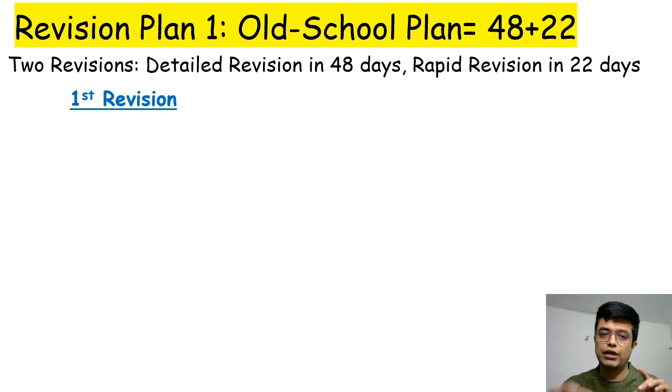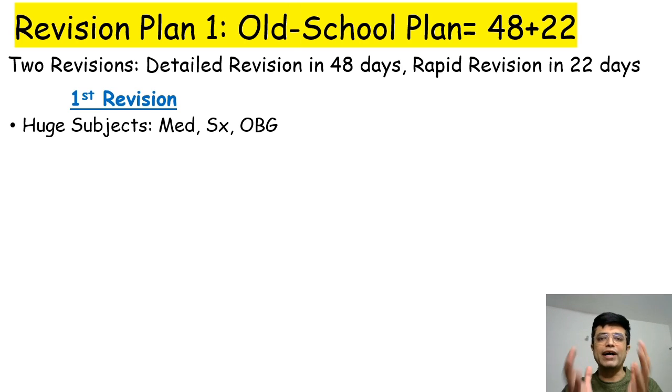Now how you are going to do it? First revision, you have 19 subjects, you will divide them, and this division is not based upon the subject. Every subject is massive. When you do MD or MS in each subject, you will know that the subject is so big that it will not finish at all. But for the purpose of the entrance exam, based upon NEET-PG and to a certain extent INI-CET exam, you can divide